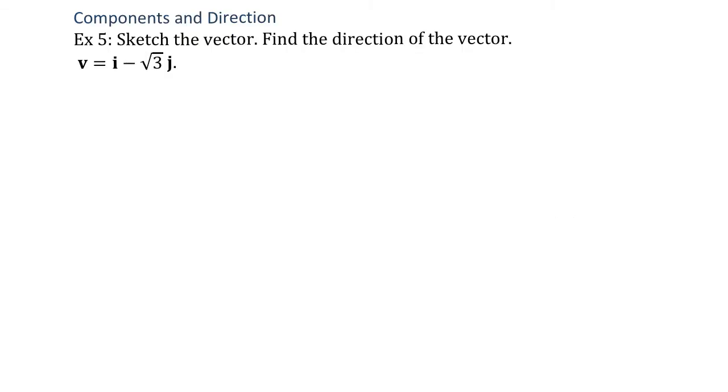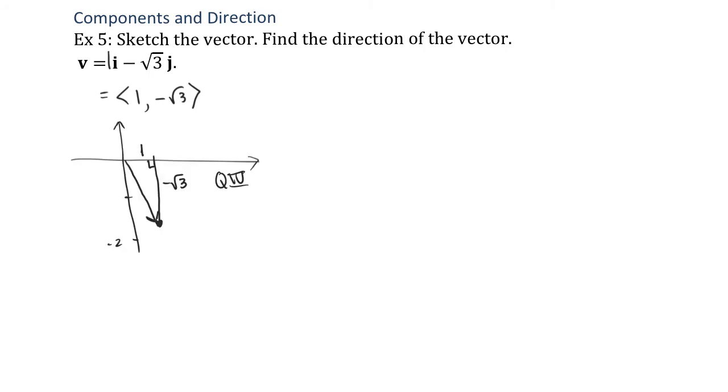Okay, in this example, we're being asked to find the direction of this vector. Being a math person, I always like the algebraic form. The x component is 1, and the vertical component is negative root 3. Okay, so we can go ahead and draw a diagram. So I'm in quadrant 4, and I have an x component of 1 and a y component of negative root 3. Okay, so to find the angle of my vector,